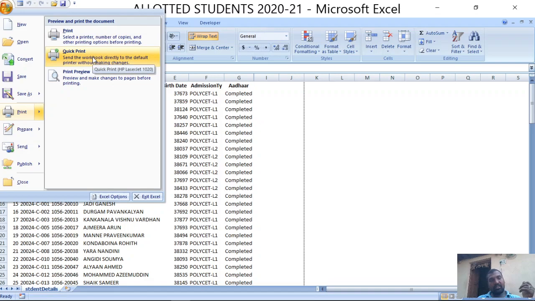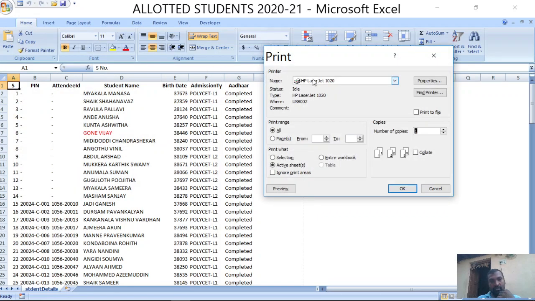So this is about a print preview option. If you go with the quick print option, it is directly going to be printed. If you go with the print option, choose the printer name. These are the several printers that are available in the system. So you choose any one of these printers, and then choose the print range, whether you go with all the pages that are available in the worksheet, or you go with the specific range. If you go with the specific range, specify from number and to number.